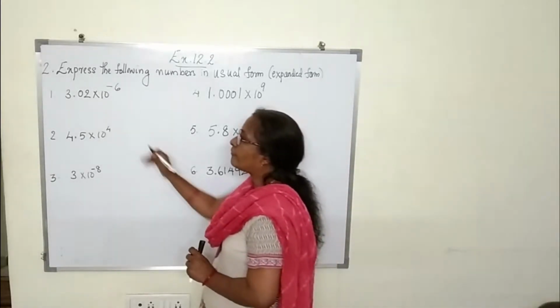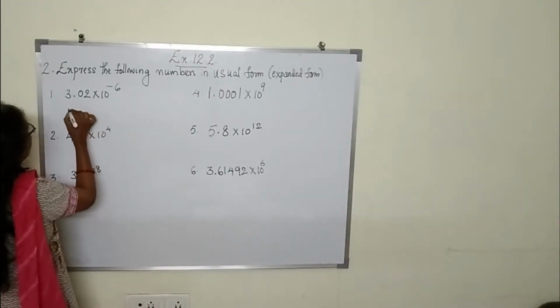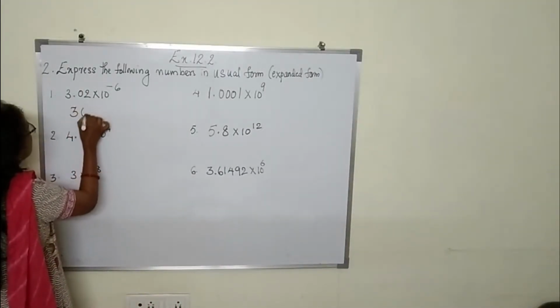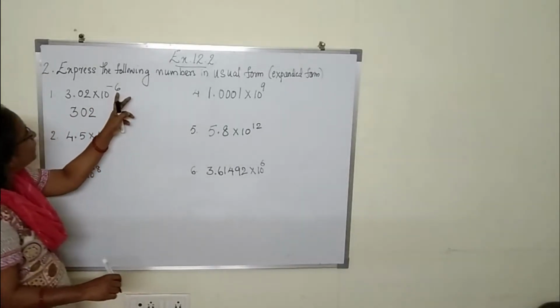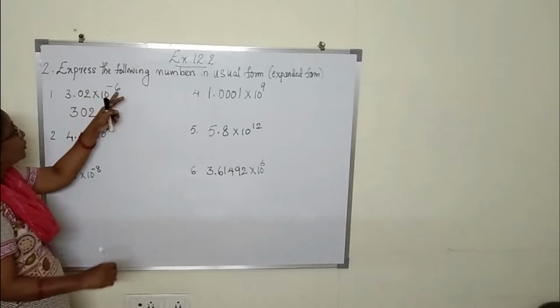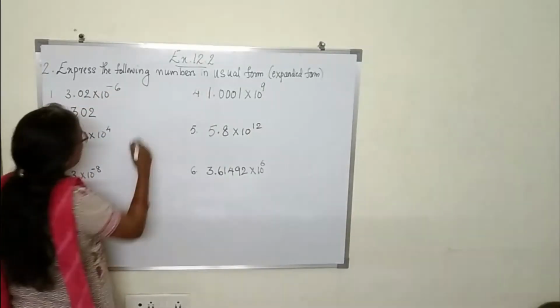Now for that we have to write the number as it is without the decimal point first. That is 302. Now check how many zeros. Whenever it is negative we have to write the number